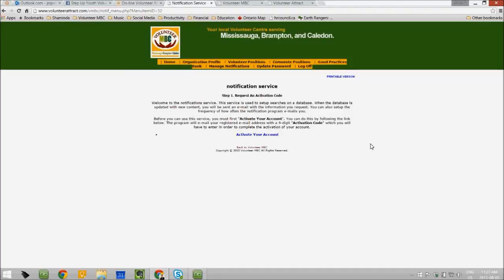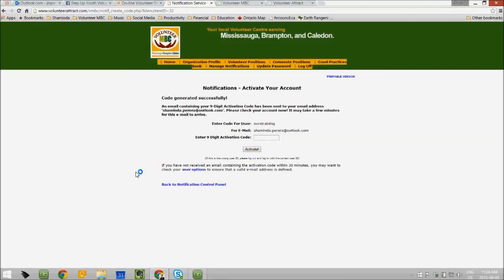Some of you may have done this already, but some of you may not. So I'm going to show you how to activate your notification service anyway. Click on manage notifications and click on activate your account. The moment you click on activate your account, you will receive an email to the email that is assigned to your particular login.